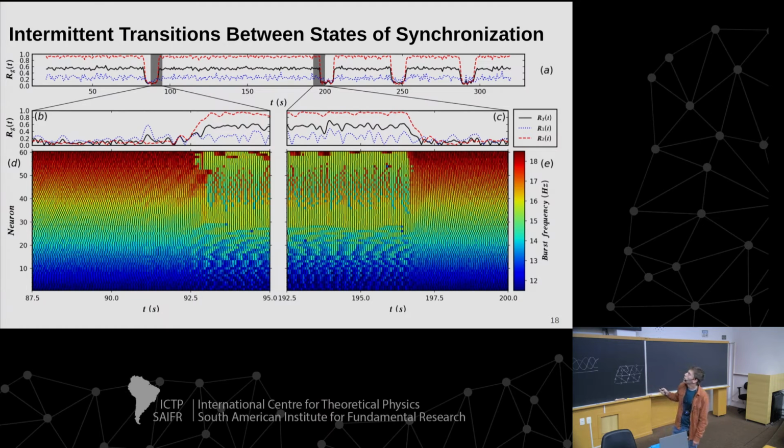So focusing on the second group, in this lower panel each line corresponds to a neuron, and then you have time. When the network is desynchronized, the colors are the burst frequencies. The frequencies are lower for the first neurons, and then they increase. This is just because I set the network frequencies in this way, so it's a linear allocation. Right, okay. When the network is synchronized, the interesting phenomenon happens.